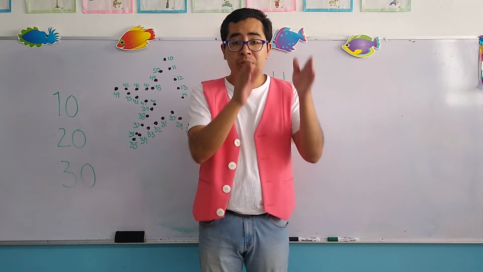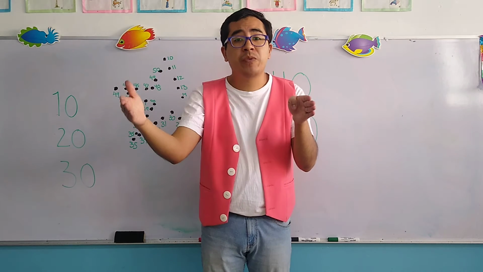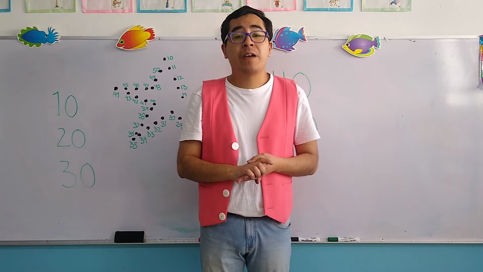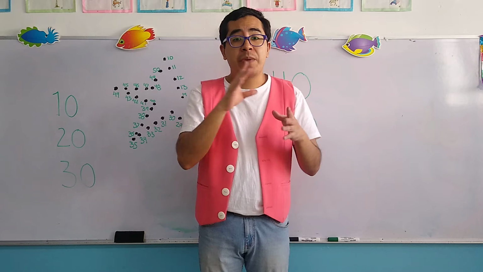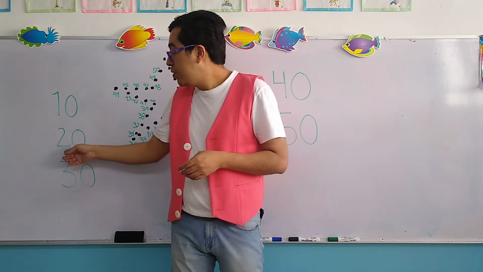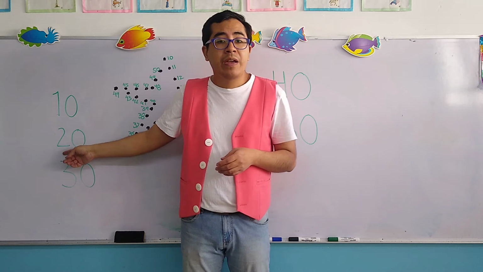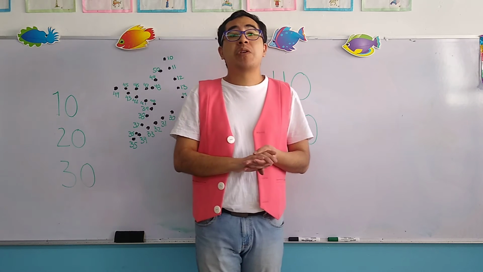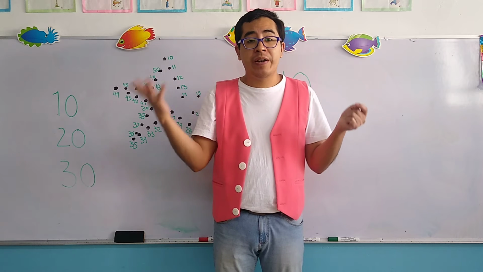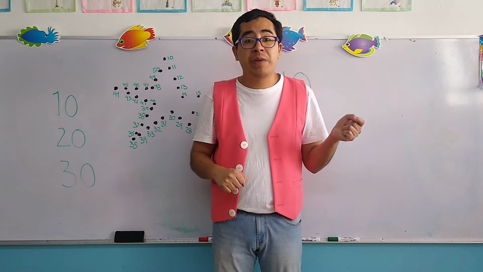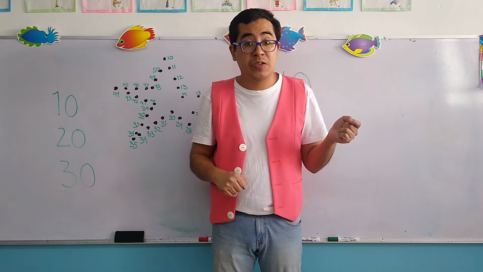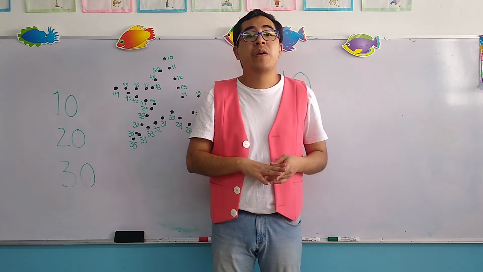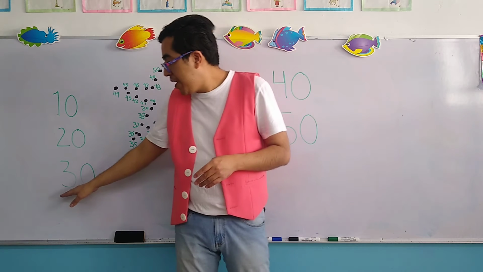Now, finishing with number 19, we commence with the number 20. Now, if you remember correctly, all of the numbers in the 20s begin with the number 2. Okay? Now, when we finish with the number 29, which is a 2 and a 9, we commence with the family of the 30s. That means that all of the 30s begin with the number 3. So we have it right here,